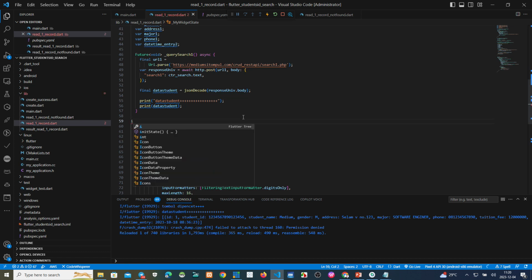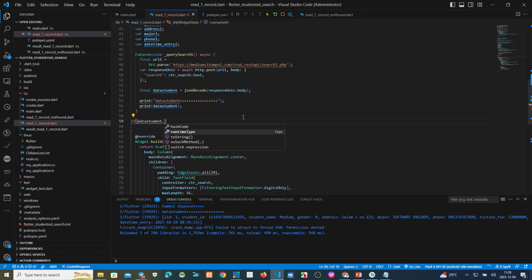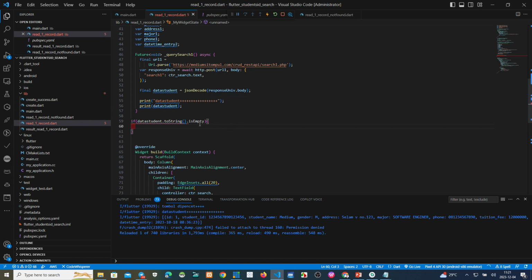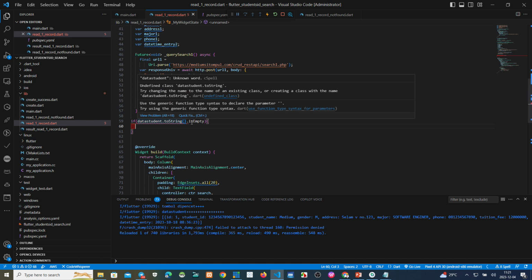If data student to string is empty, why is this red?